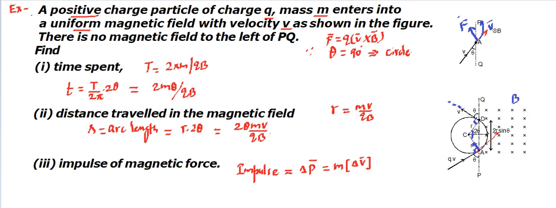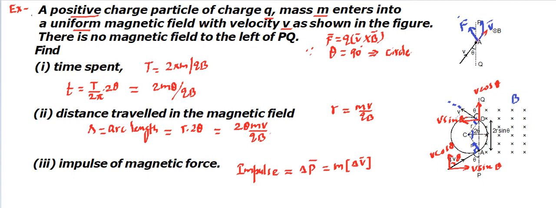Initial velocity is given like this, final velocity is given like this. You can also see the final velocity is making angle theta. So if we take the components, the final velocity is going to have v cos theta in the upward direction and v sin theta in the horizontal direction. Similarly, we can make the components of the initial velocity, one is this, another is this. Now if this angle is theta, you can find this angle is also theta, so this will become v cos theta, and horizontally it's going to be v sin theta.